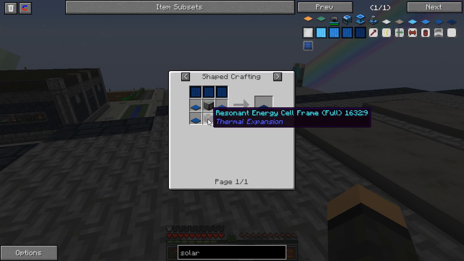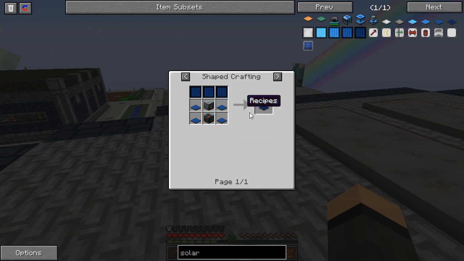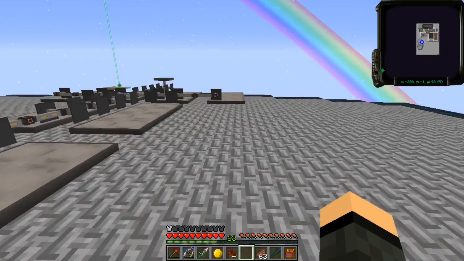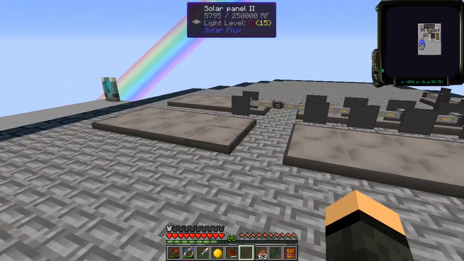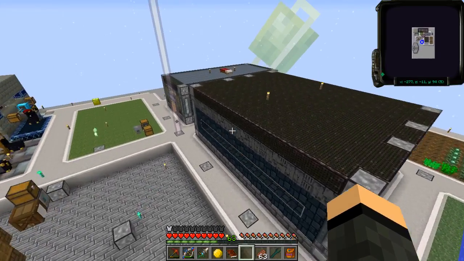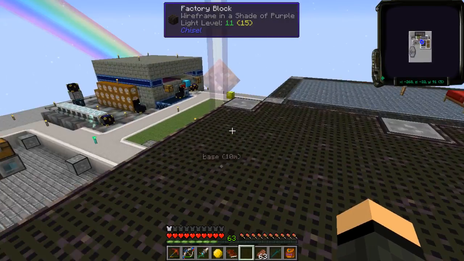And this is going to be resonant and resonant, plus 4 5s. But for compactness, you can't beat it. I mean, one block that's generating 4,000 RF a tick. I mean, unless I get into like a QED, get up to a times 64 Ender generator,